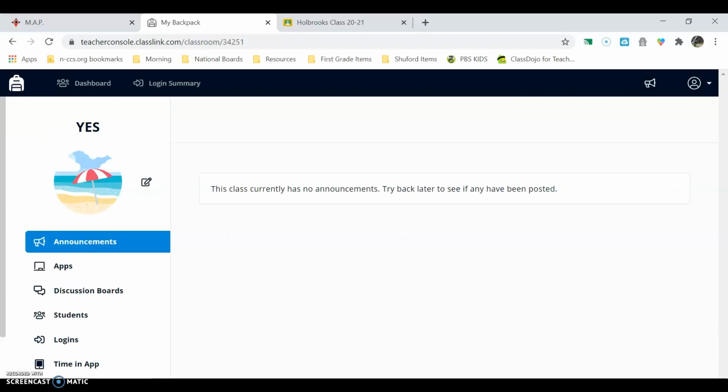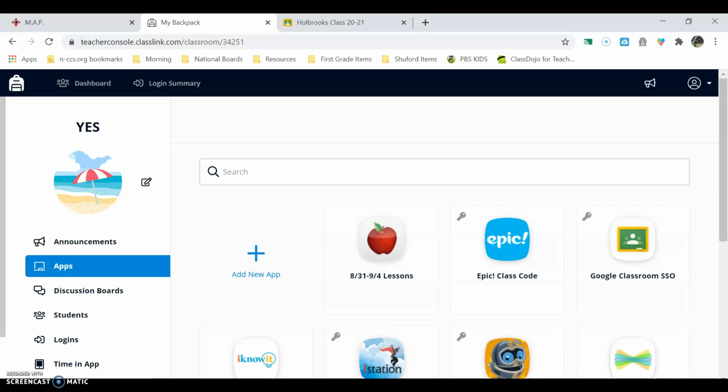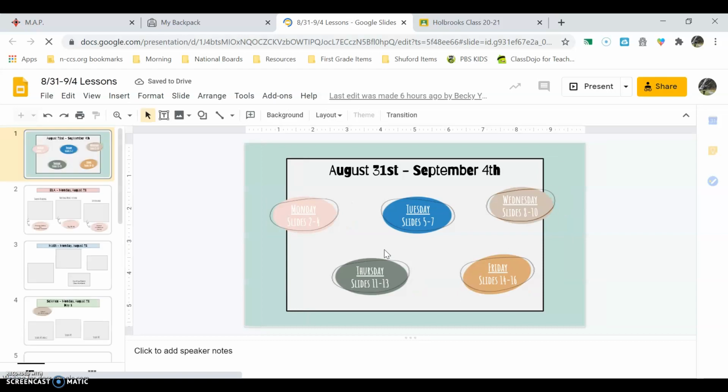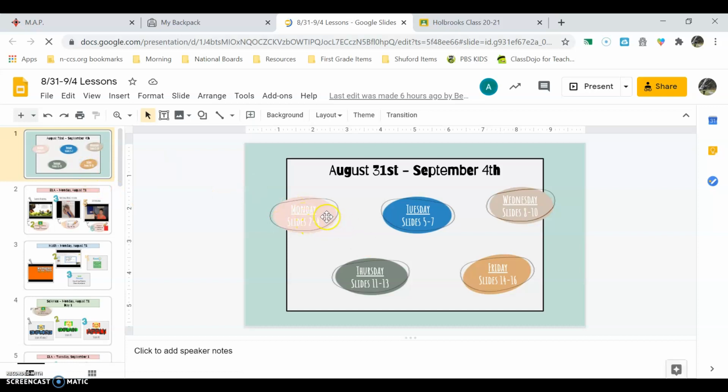From there, they click on apps, and then what you're going to find in their backpack is a red apple, and this red apple will say lessons. And so you're going to click on that. And this is going to take you to the week's lessons. And this is what it's going to look like. So you can click on